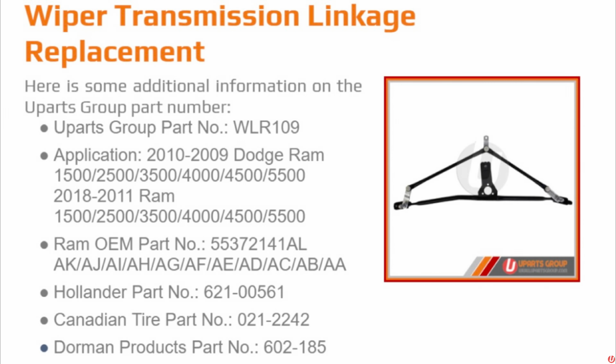Today we are going to replace the windshield wiper linkage on a Dodge Ram 1500 2010 using U-Parts Group replacement part number WLR109. Here is some additional information on U-Parts Group part number. The U-Parts Group part number is